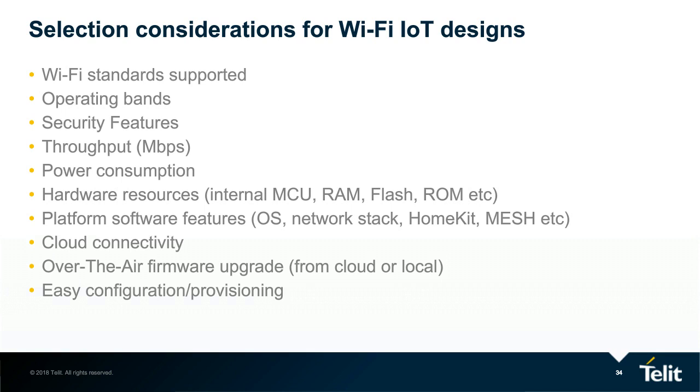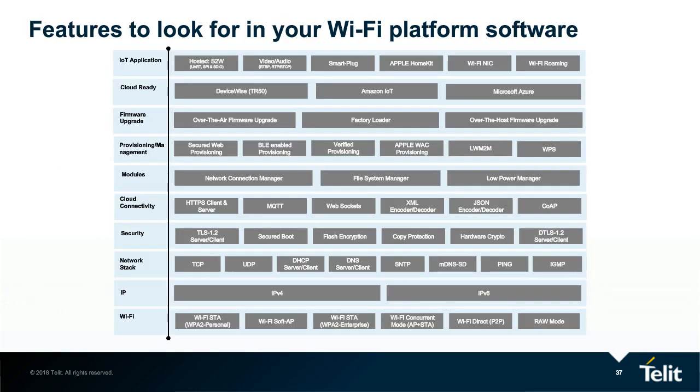This particular slide gives you an overview of the Tillit platform software capabilities, and I could definitely bet that it is one of the most feature-rich offerings in the industry. As you can see, it really ranges all the way from the Wi-Fi layer all the way to the IoT application. So you can see in the Wi-Fi it does support station mode, soft AP mode, which is an access point